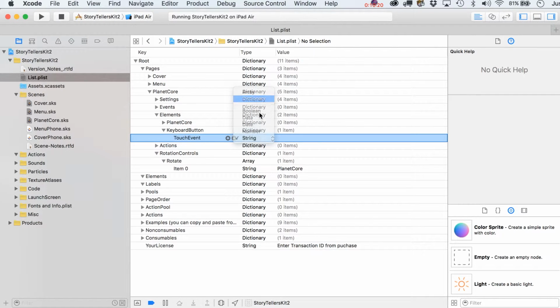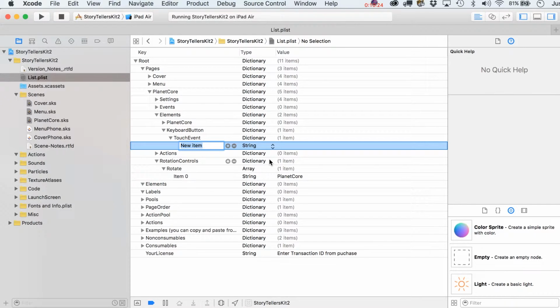Set that to dictionary. So again, it's just going to be for listing inside of here all the events that we want to occur when you touch that. And the first one's going to be, actually the only one's going to be open keyboard. You've actually got an event called open keyboard, and this requires just one value inside of here. It's a string value,